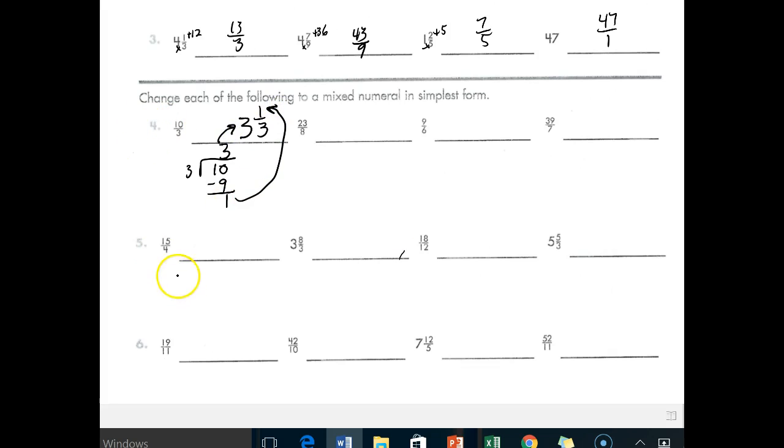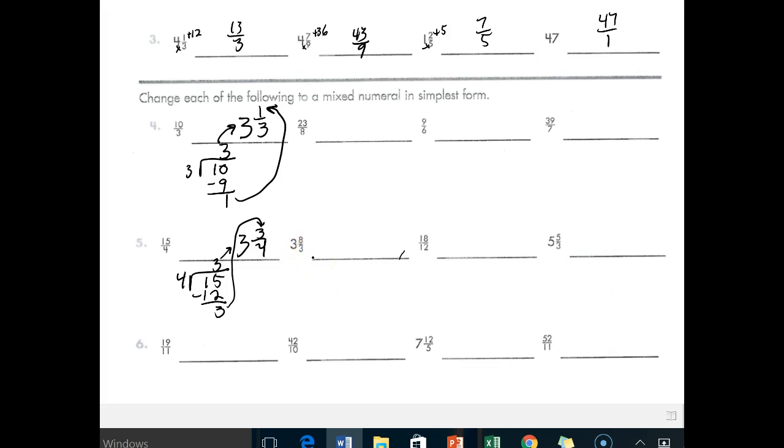I shouldn't do that. 4 into 15. 4 goes into 15 3 times. Gives you 12, because if it was 4 times 4, that'd be 16. That'd be too much. So 3 left over. So this is my 3 here, this is my 3 here over 4. 3 and 3 over 4. Next, 3 and 8 over 3. So